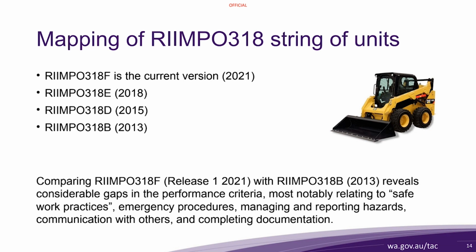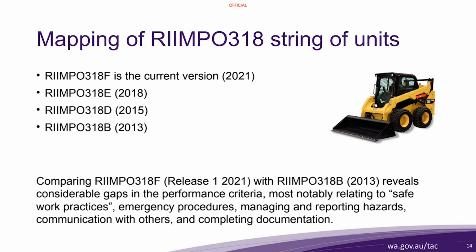Not quite a decade later, but, in fact, it is now a decade later, but in 2021, the unit of competency had gone through 3 different revisions. And so the F version reflects industry's requirements in 2021. The significant question is, have things changed between 2013 and 2021 in terms of what industry expects of a person who has achieved this unit of competency?